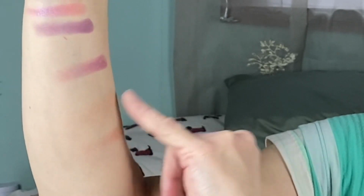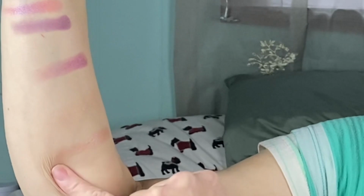Again, much more glittery particles. This one is a lot smoother. But I was thinking of a shade like this when I picked up Chiffon, and it's just this beautiful wash of rosy with a hint of gold. It's been a real vibe for me this winter, and so that's what I was looking for when I was looking at Chiffon. So I'm very happy. It's a little bit more gold on my arm than I'm expecting, but I think it looks really pretty on the eyes with the purple